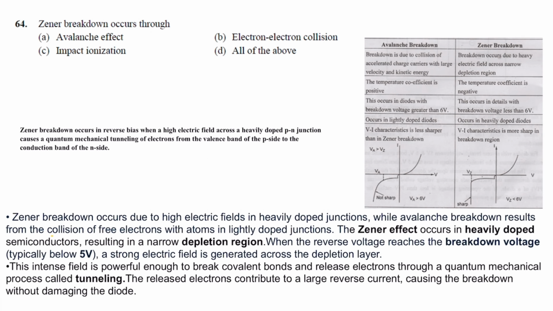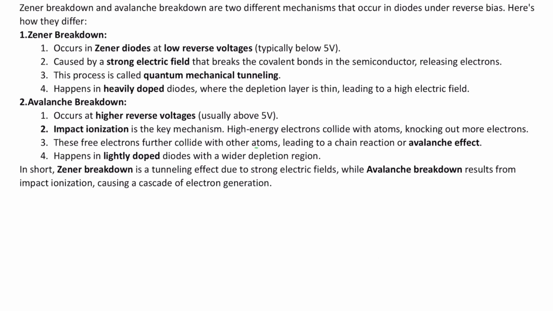Next question, question number 64: Zener breakdown occurs through. The options are avalanche effect, electron-electron collision, impact ionization, all the above. Let us see the differences between Zener breakdown and avalanche breakdown. Zener breakdown occurs at low reverse voltages, typically below 5 volts, and is caused by a strong